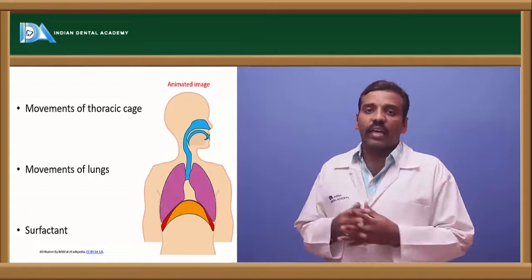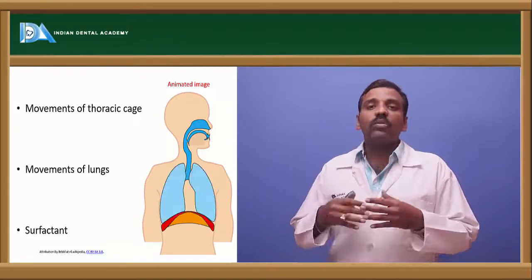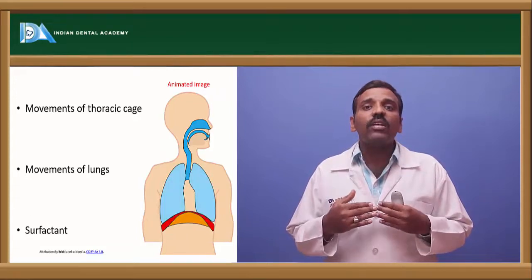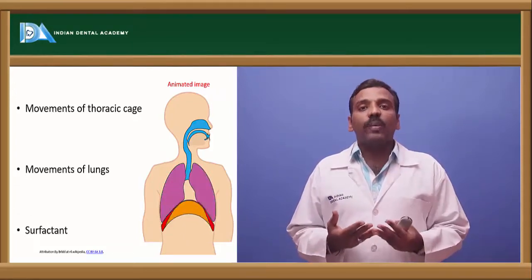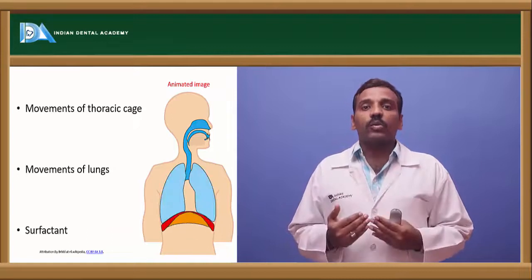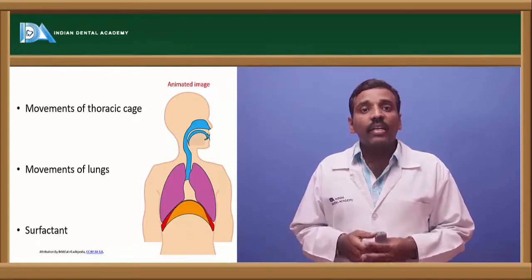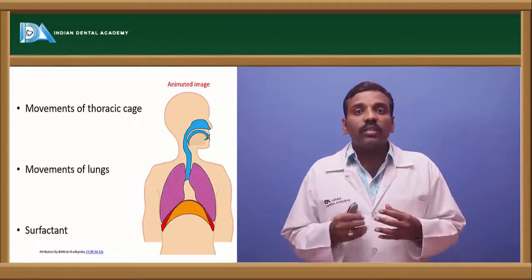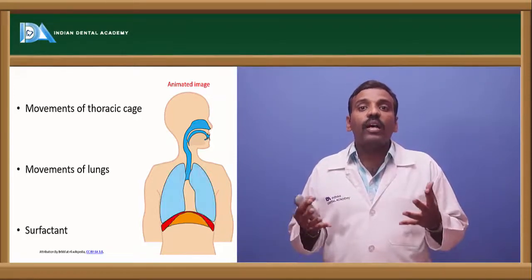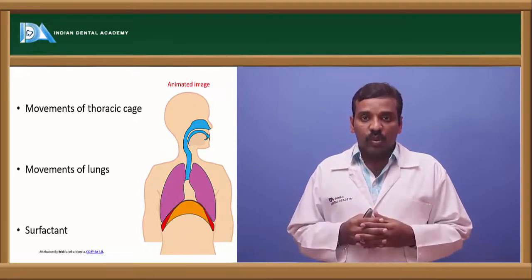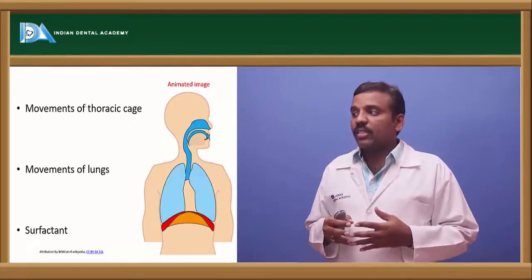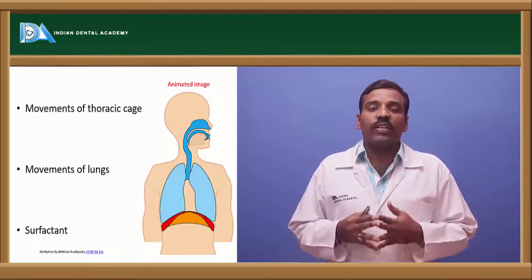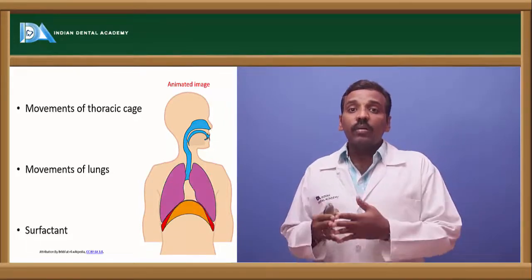What is the thoracic cage movement? How does the thoracic cage move? During inspiration the thoracic cage expands, and during expiration the thoracic cage is reduced. Next, the movements of the lungs: during inspiration they expand, and during expiration they are reduced. And next, surfactant is the most important factor which reduces the surface tension of the respiration,